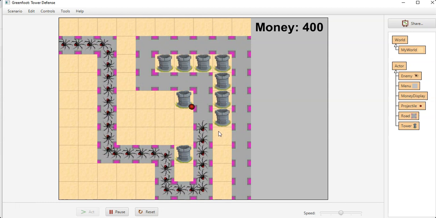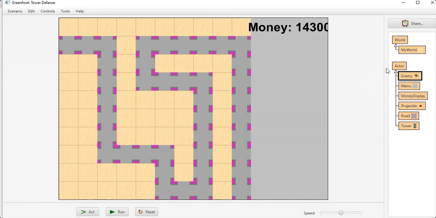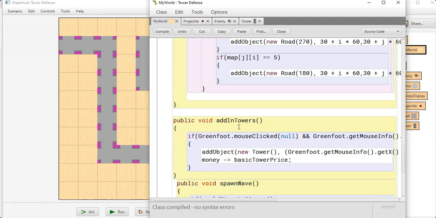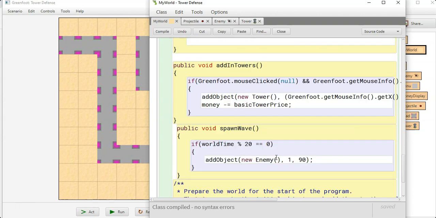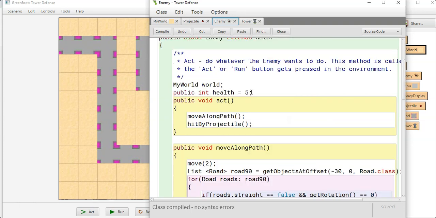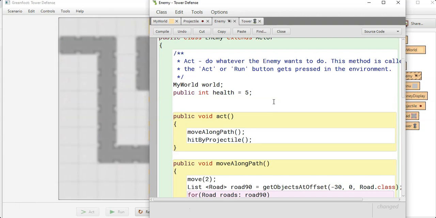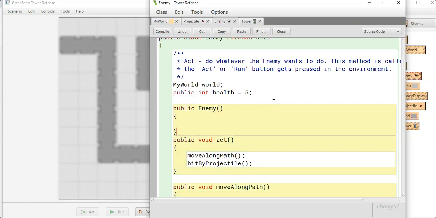And now we kind of have some semblance of a game. So in order to create different types of creeps, there's a few things that we can do, but we can add in something for our enemy. And so in order to add in a level to say what enemy we want to have out here, we want to have public Enemy, which will create a constructor without that void or any return type. It's now a constructor, and we're going to add in int level and say,